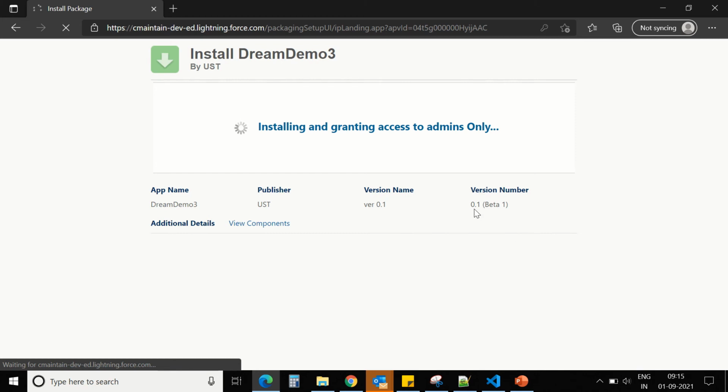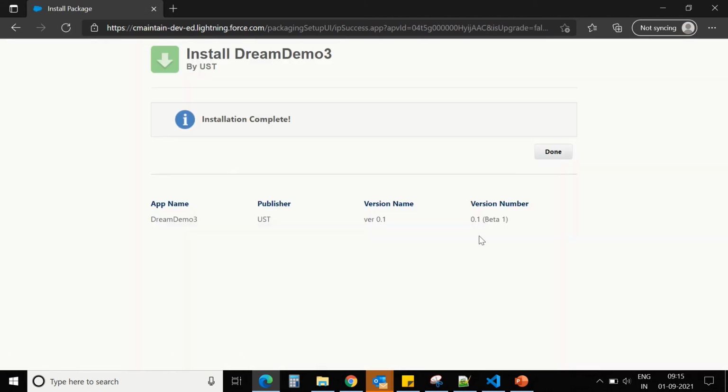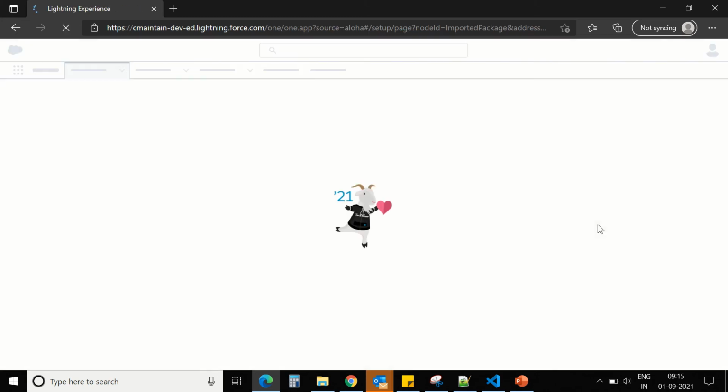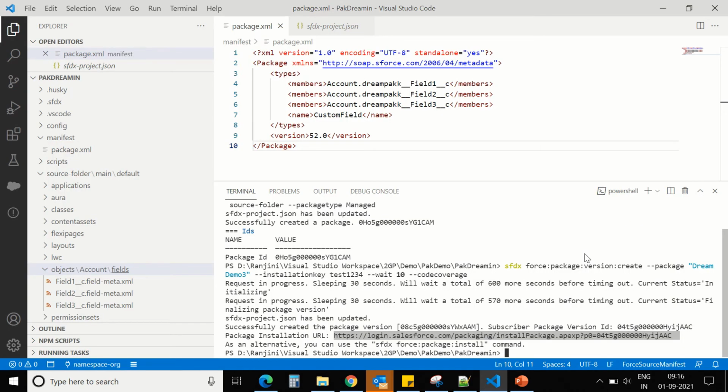You can see the package is beta. Okay, the installation is complete. Next step is to promote the package into managed released version.